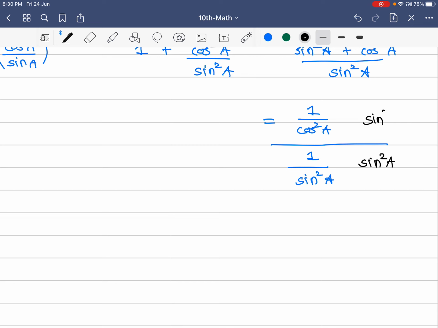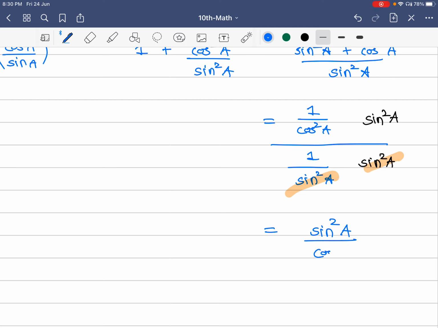If you multiply numerator and denominator by the same term, the value of the fraction does not change. Now this sine square a and this sine square a will cancel each other, and what we get finally is sine square a